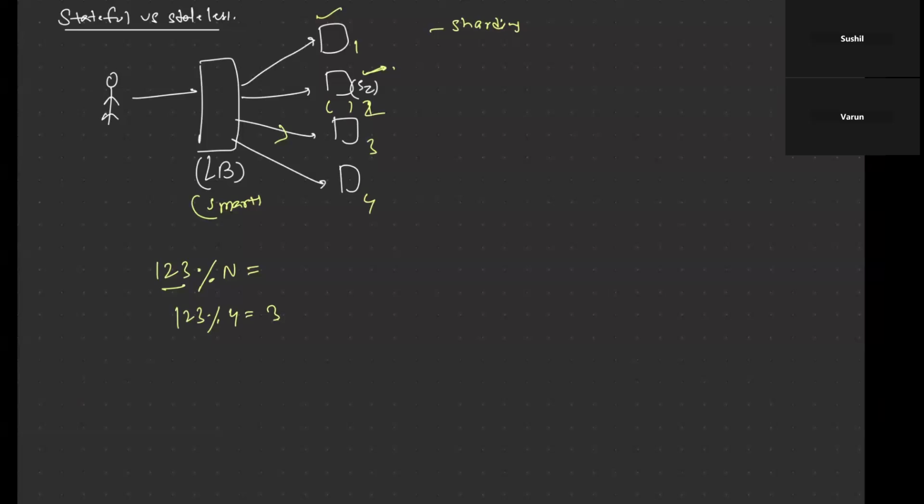Whenever we talk about high level design, we generally decide the system on these components. So first is